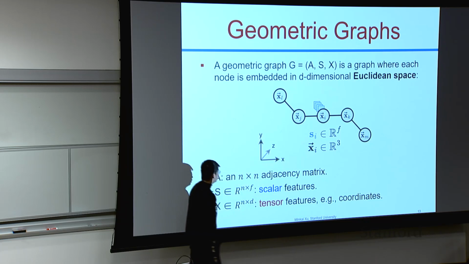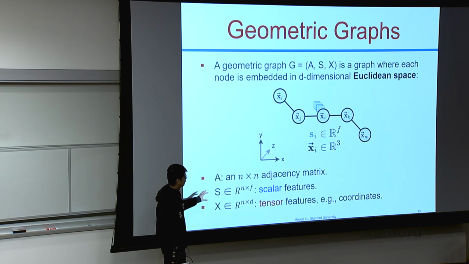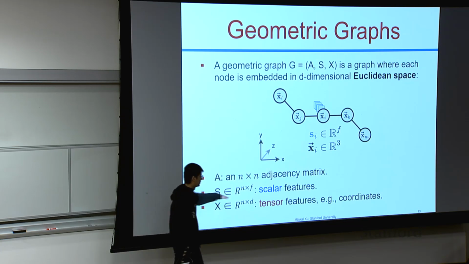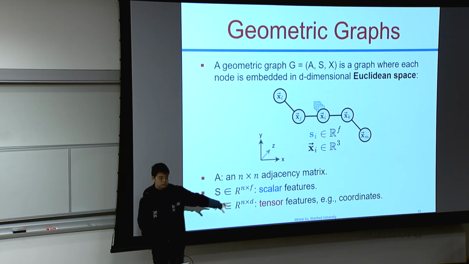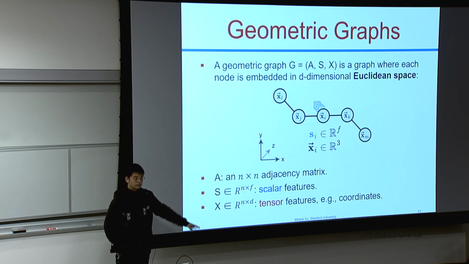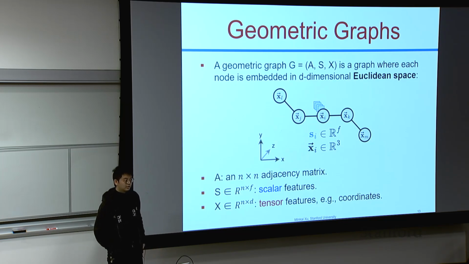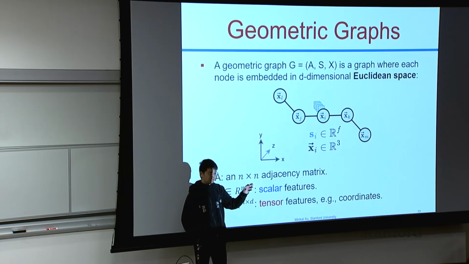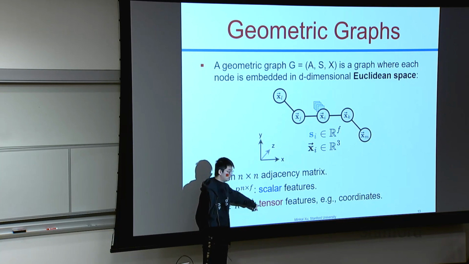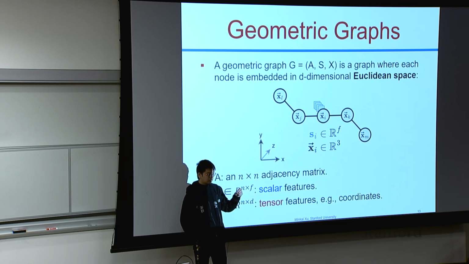More formally, for this lecture, I will name the traditional node feature, like item type, as a scalar feature. But for the coordinates, I will name it as a tensor feature. I think this is terminology used in a physics course. So scalar means that they don't have direction. They are just some number or some value. But for tensor, they are in addition to